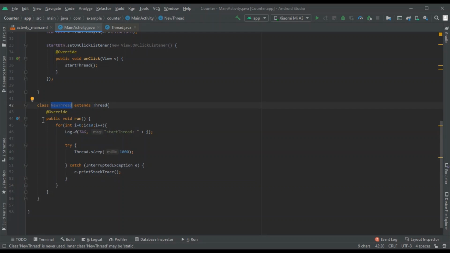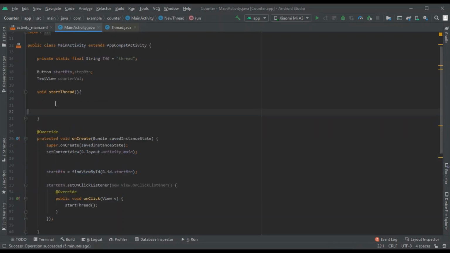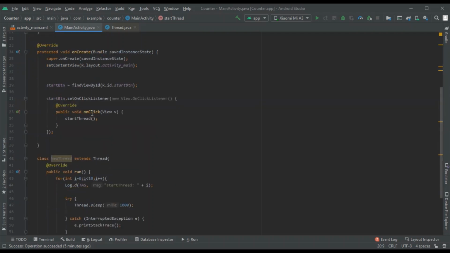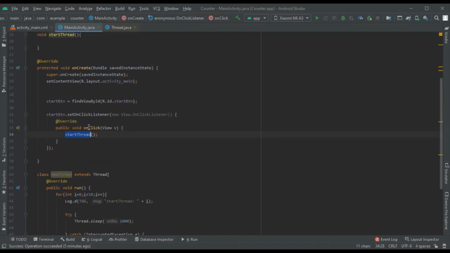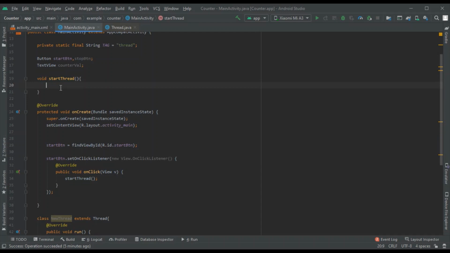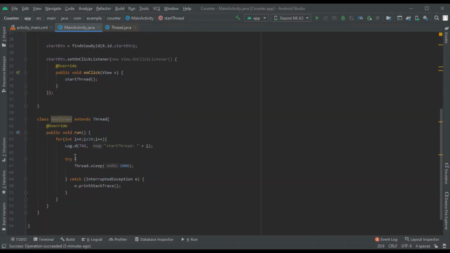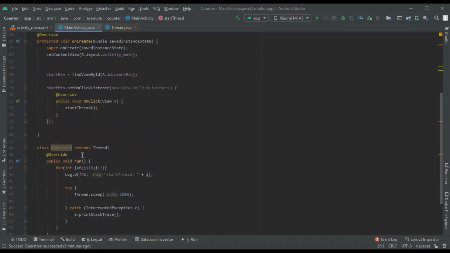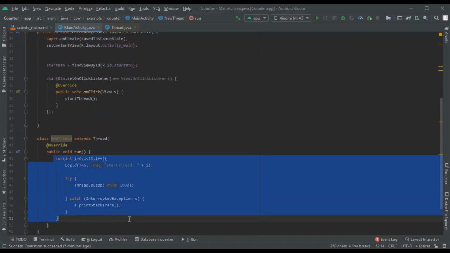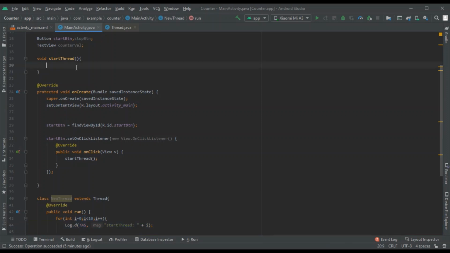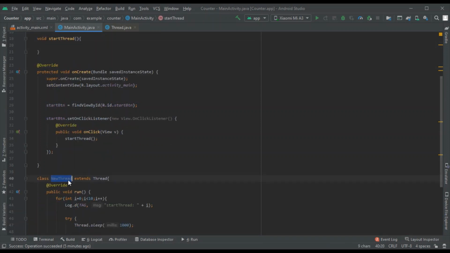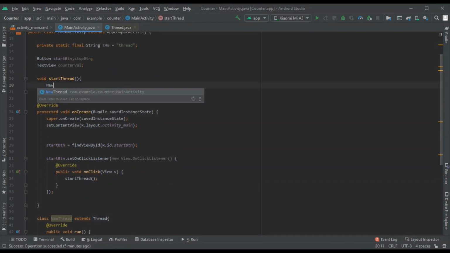Okay, so now what should happen? On click of this, start thread is called. But in the start thread no task is specified. On click of the start thread I want to execute this function, right? So what I will do is, it's in this class, so I will create an object for this class. I will create a new object,